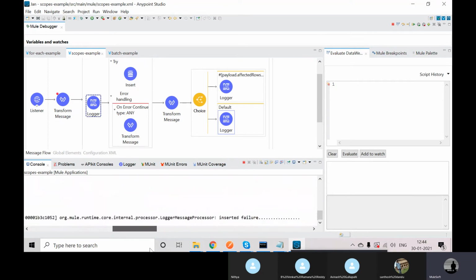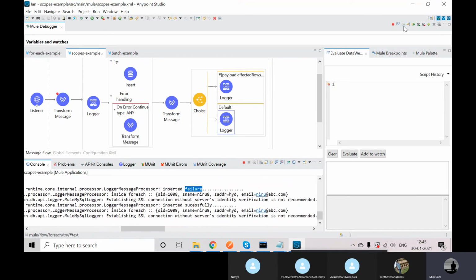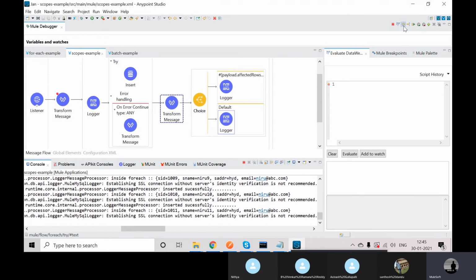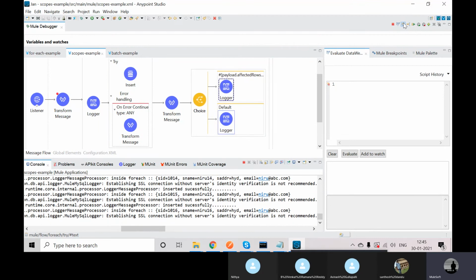After the error you can see inserted failure. So again, for the 19th record it will show the same message actually. Inserted successfully, inserted successfully, inserted successfully. So all records are inserted. Whenever I got a failure, only then will it show inserted failure. The 19th record will show inserted failure.